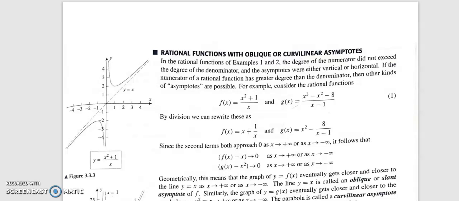അപ്പോൾ നമ്മൾ ആദ്യം കണ്ട polynomial functions ആണ്. Then we have seen rational functions of the form p of x by q of x where it does not have any factors in common. And now we'll be seeing the next type of sketching graphs. And the specialty of rational functions in this case is that the degree of the numerator will be greater than that of the denominator. ഇപ്പം നമ്മൾ ആദ്യം ചെയ്ത rational functions the degree of the numerator did not exceed the degree